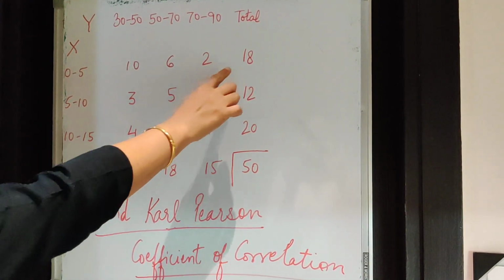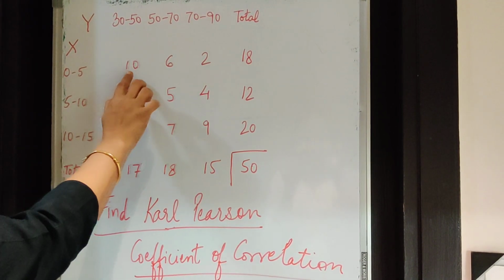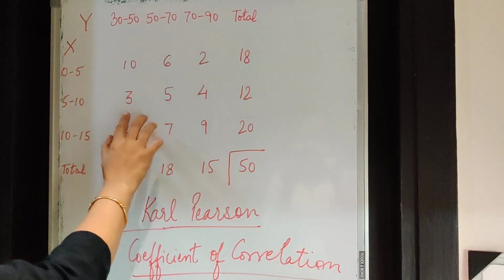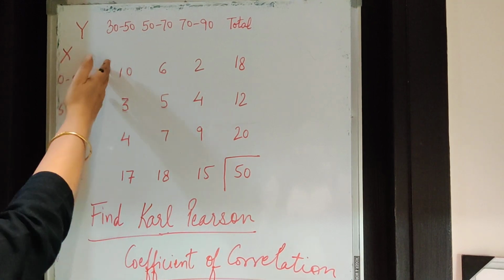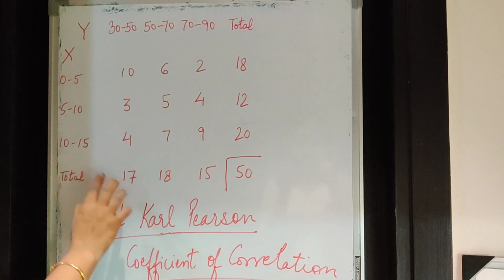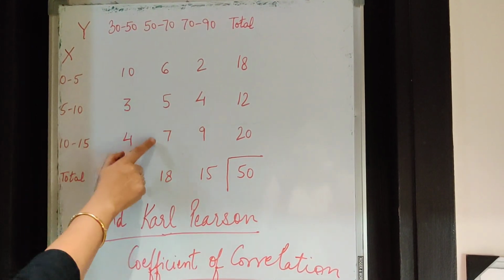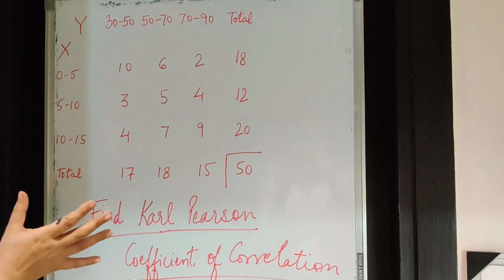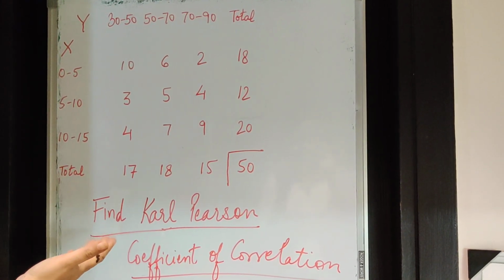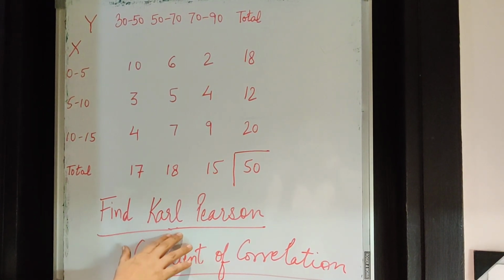So if I talk about this total 18, this is the sum total of 10, 6 and 2. And then 3, 5 and 4, the sum total is 12. Likewise, if I add 10, 3 and 4, I get 17. If I add 6, 5 and 7, I get 18. So this is the information given to me, and for this bivariate distribution, I have to apply Karl Pearson's coefficient